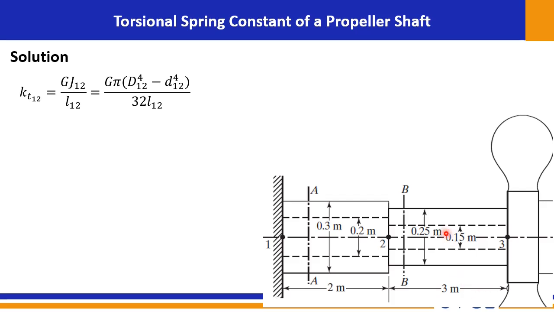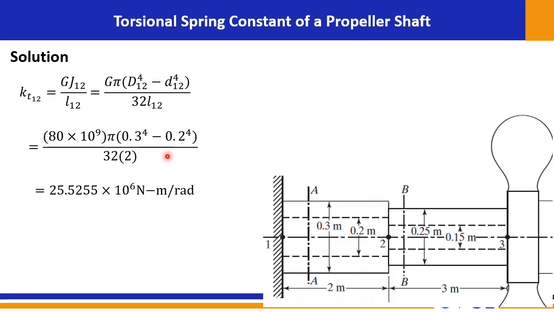Let me calculate for section 1-2, that is G, the shear modulus, times the polar moment of inertia, divided by the length. If we substitute, 80 is the value which is given, then the outer diameter, inner diameter, and length of the section 2. If we substitute it, for the first section the torsional stiffness is given by 25.5 times 10 to the power of 6